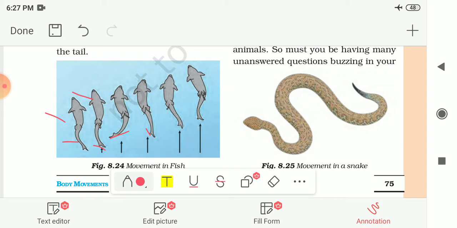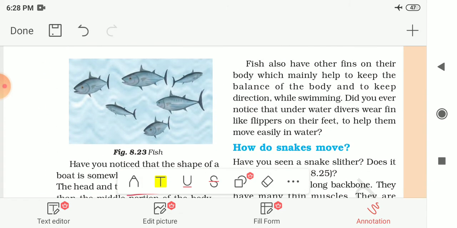The fish forms a curve. Here it is shown to you in the figure. Then quickly the body and tail curve to the other side. This makes a jerk and pushes the fish body forward. Suddenly this body part again moves to the opposite side, and it will form a curve, and the tail will move in the opposite direction. So this will create the jerks, and because of these jerks fish is able to move forward, and a series of such jerks make a fish swim ahead, and this is helped by the fins of the tail, and in this the fins also help the fish.